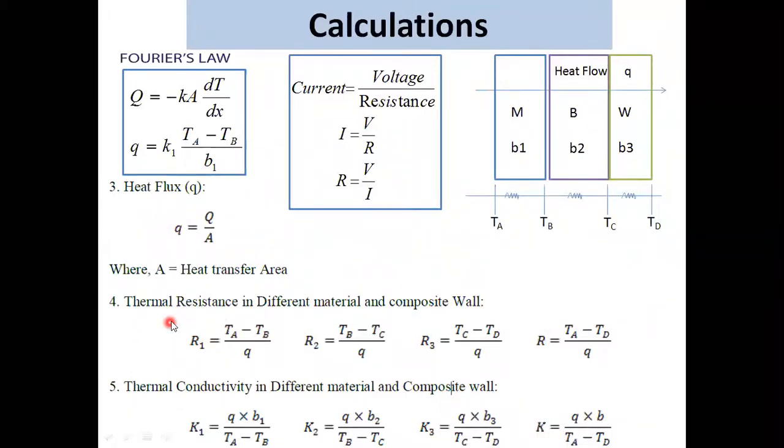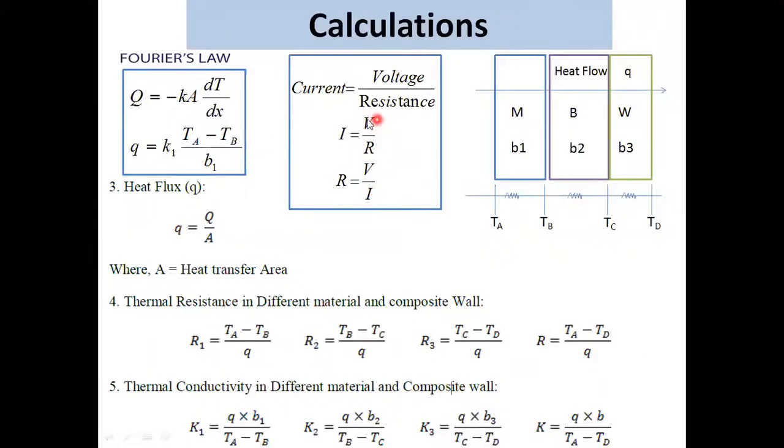Now what is thermal resistance? If you compare it with the electrical analogy, then the current depends on voltage and resistance. So voltage divided by resistance is our current, I equal to V by R. So similarly, if you compare I with the Q, that is the amount of heat supply, then it depends on the temperature difference. And then this is a resistance, which is a material's property.